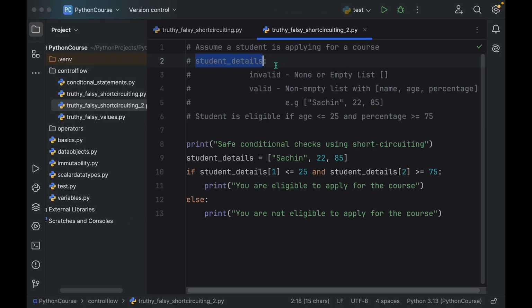So here student_details, as the name suggests, contains the details of a student. And this student details can have either valid or invalid data. In the invalid case, we might have a None value or an empty list. And the valid case is when we have a non-empty list with three different details: name, age, and percentage. For example, if you take this particular list, here the first element will be the name of the student, the second element will be the age of the student, and the third element will be the percentage of marks the student